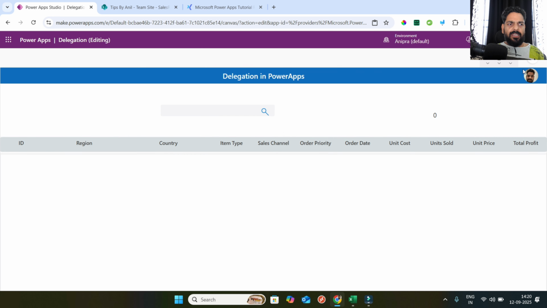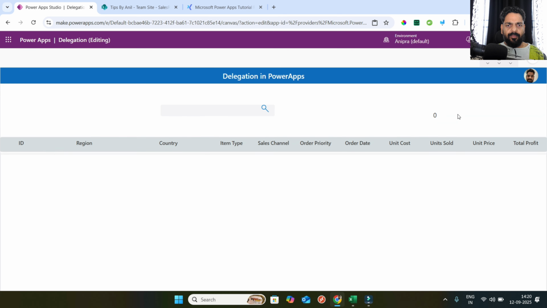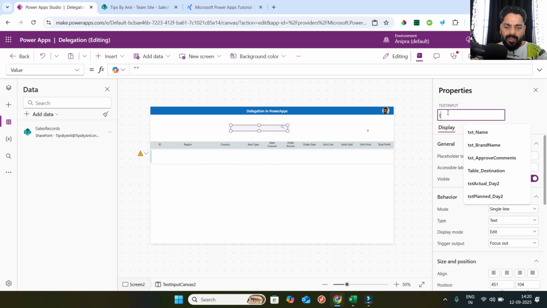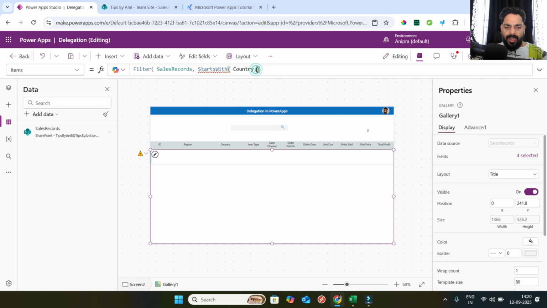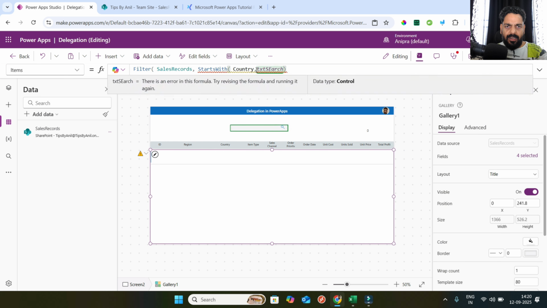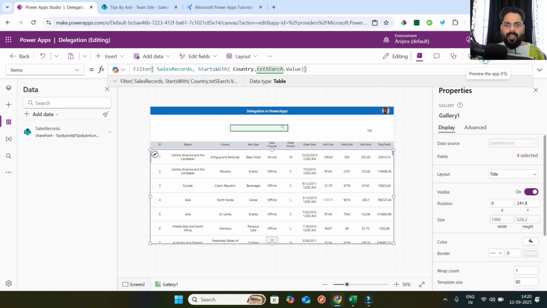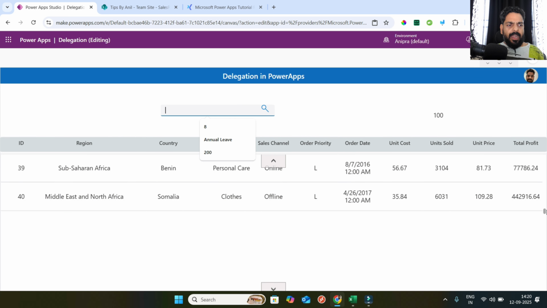Right. So this looks like search. Great. Now I will say txt search. Now I will go and say txt search dot value and I will close it. Now see, whenever I search the item, let me search